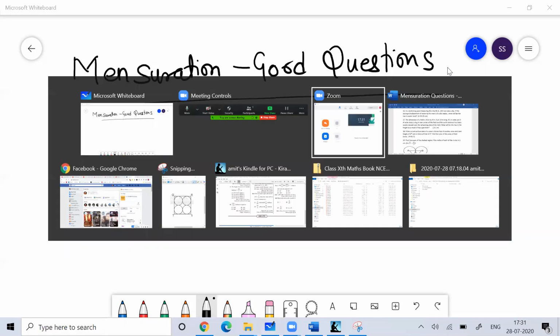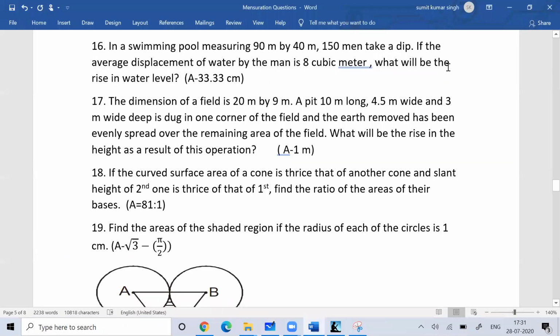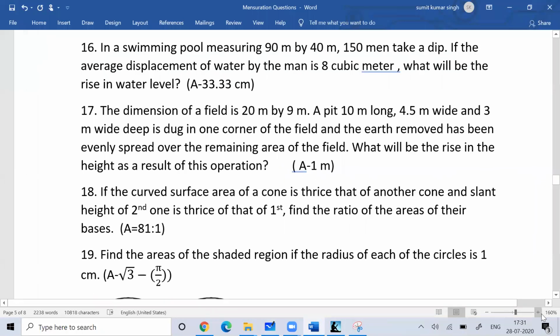So now, coming back to the problem, you can see question number 16 on your screen. Everyone, please try to solve this question, and in case of doubt, please let me know. You can use the chat box to ask your doubts. I believe everyone is prepared for the class now, so without spending much more time, let's start discussing the problem, because the problems are not very difficult.